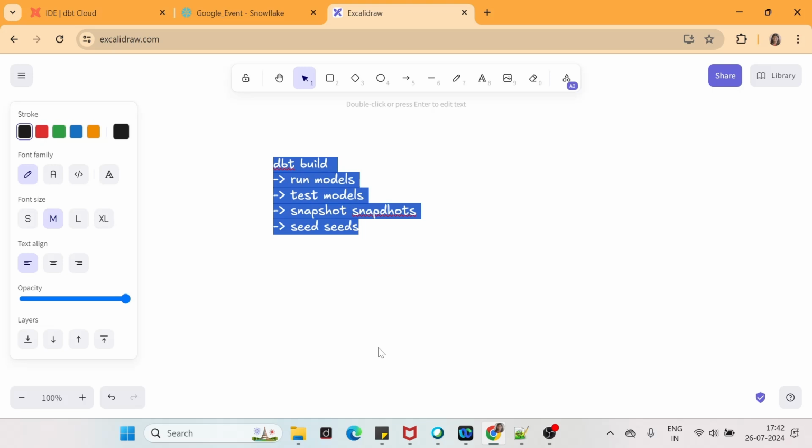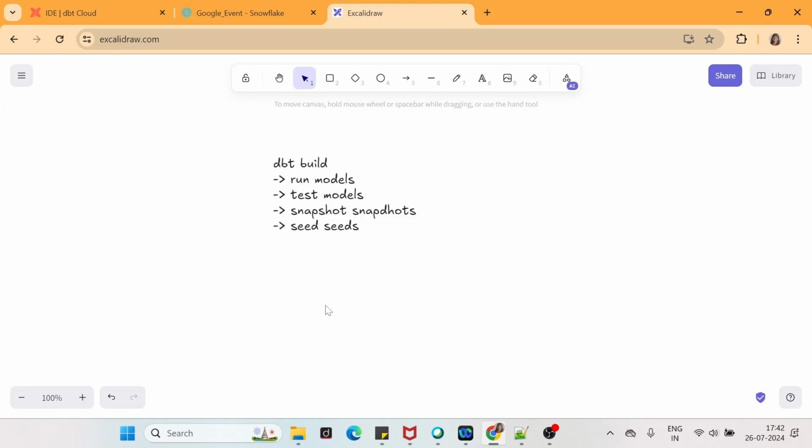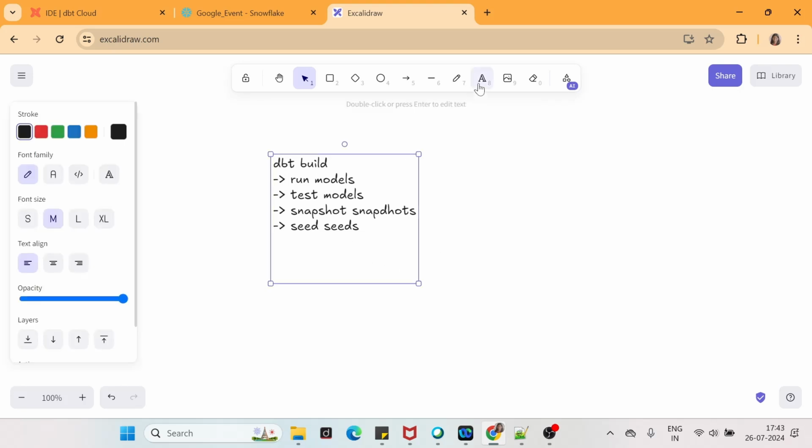From the very left to the very right, it always runs in order. Also, it supports various parameters. So with build, let's say I don't want to run the entire project, I want to run only a particular model. Or I want to exclude some of the models while I run the entire project. So it supports various parameters.